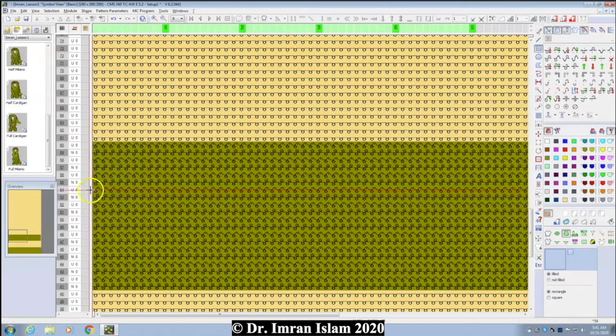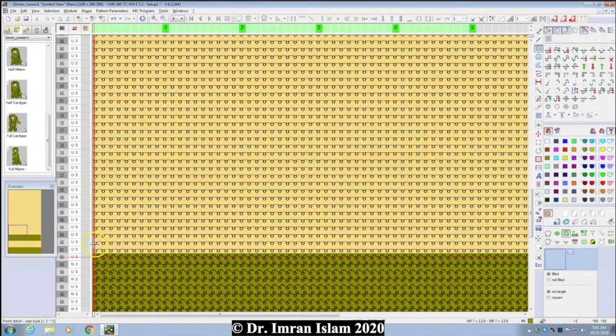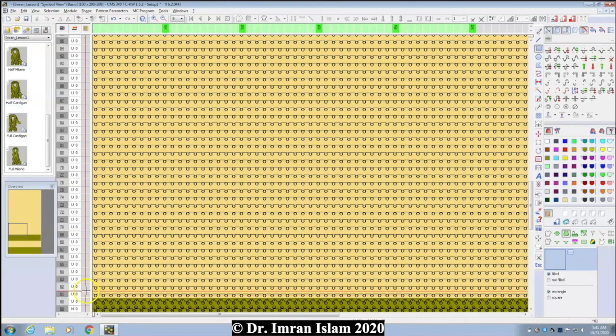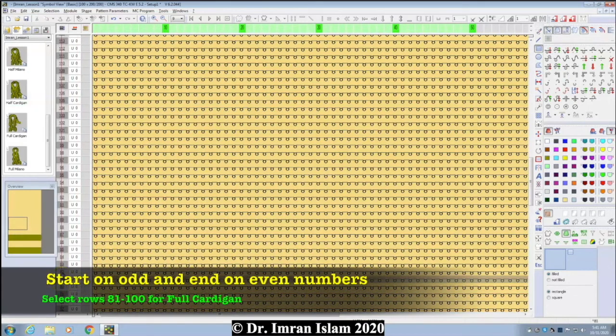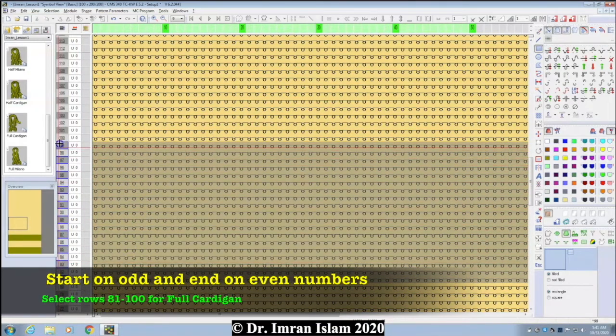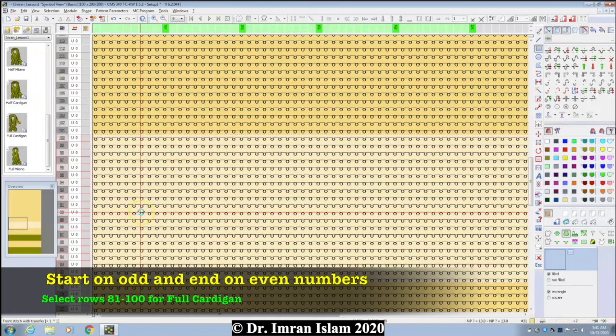And then I'm going to skip next 20. So 61 to 80. And then I'm going to select 81 to 100 for full cardigan. So full cardigan, fill bucket,